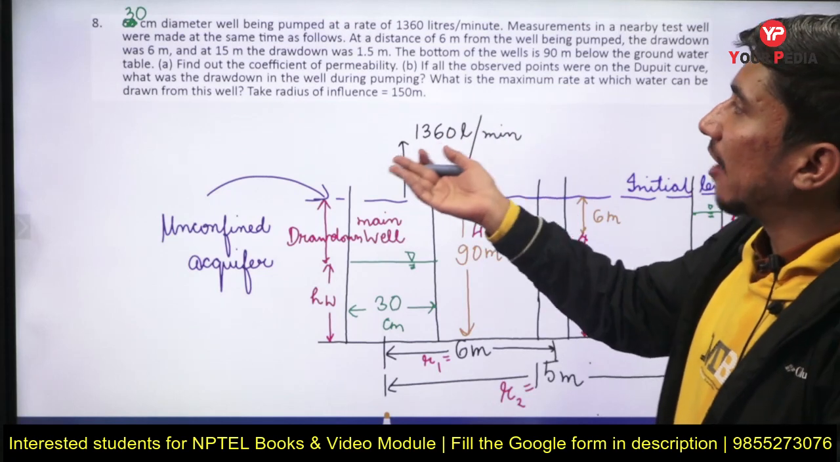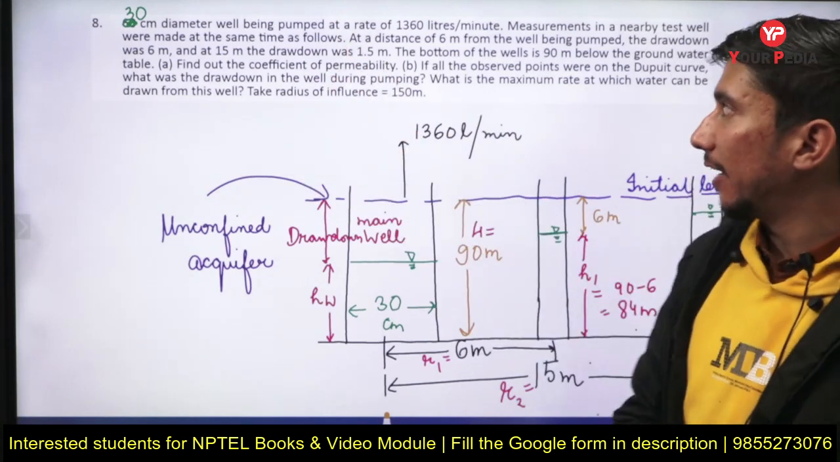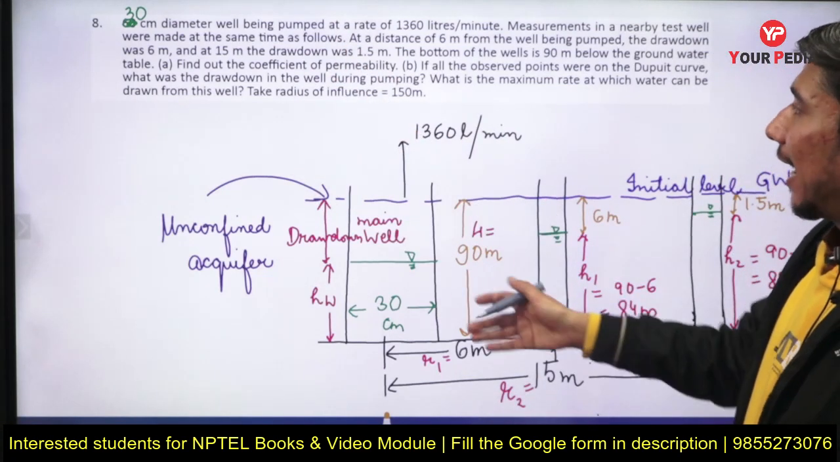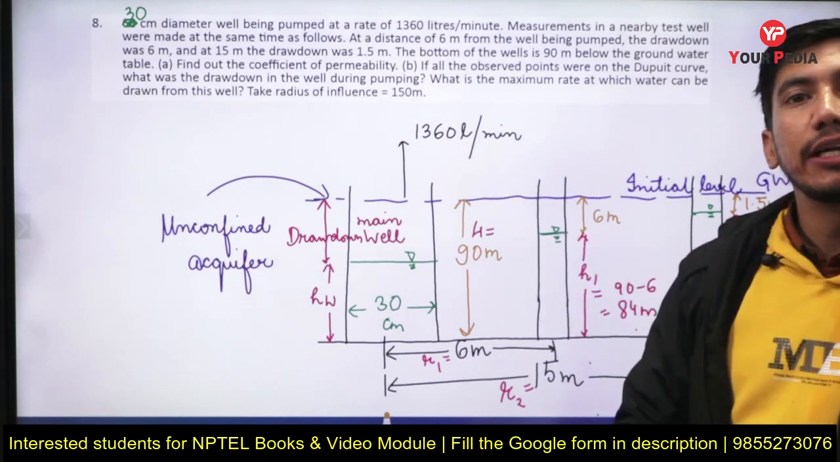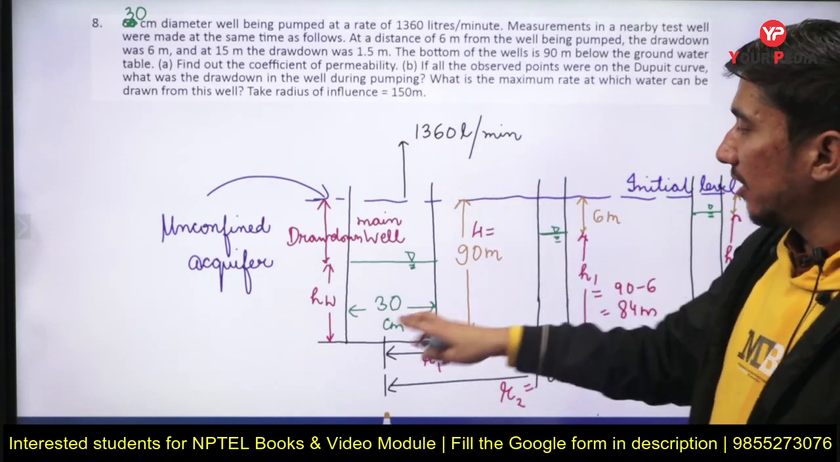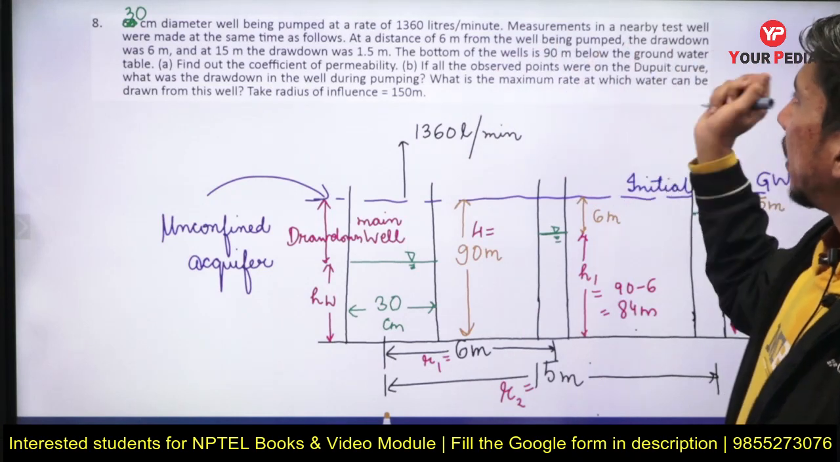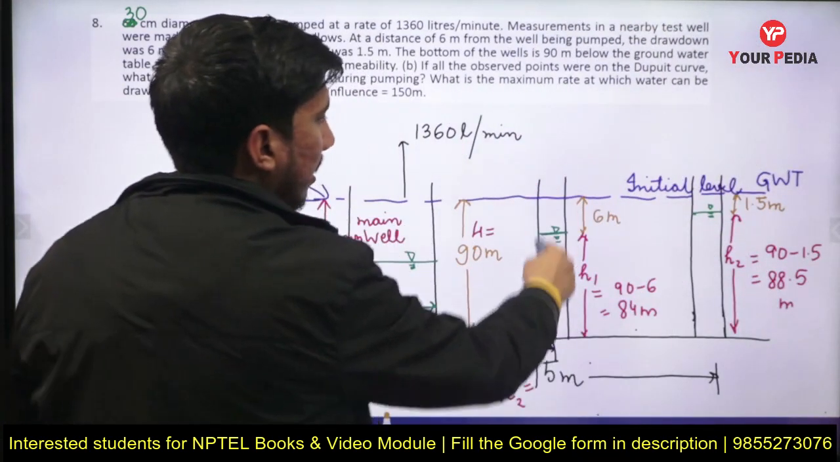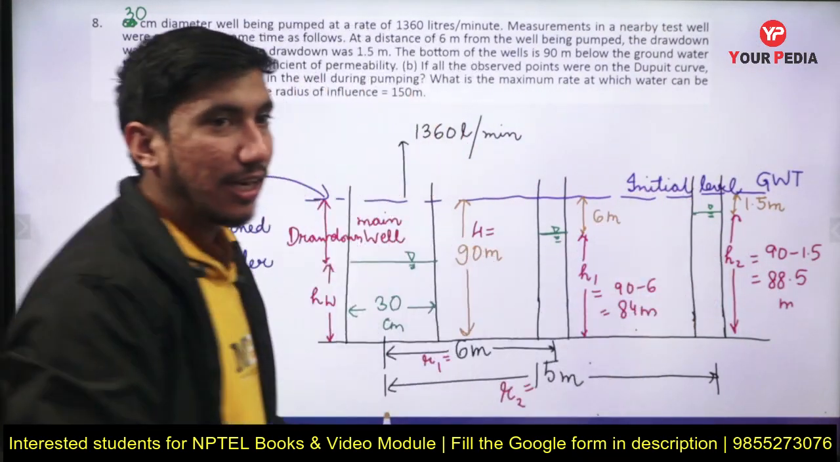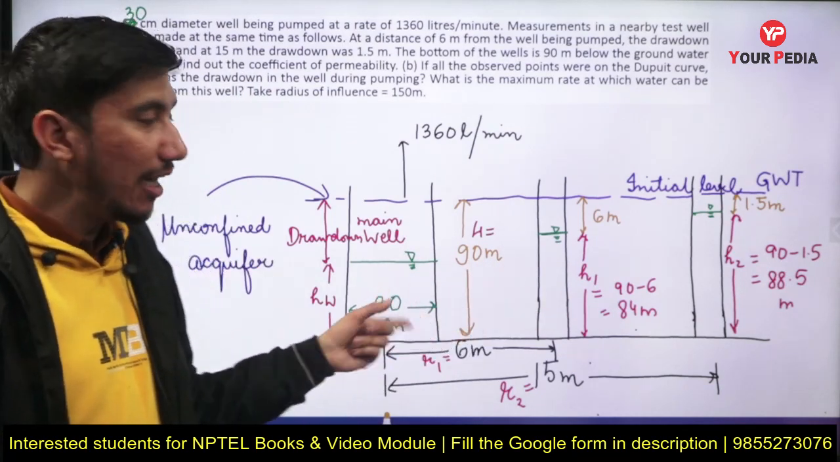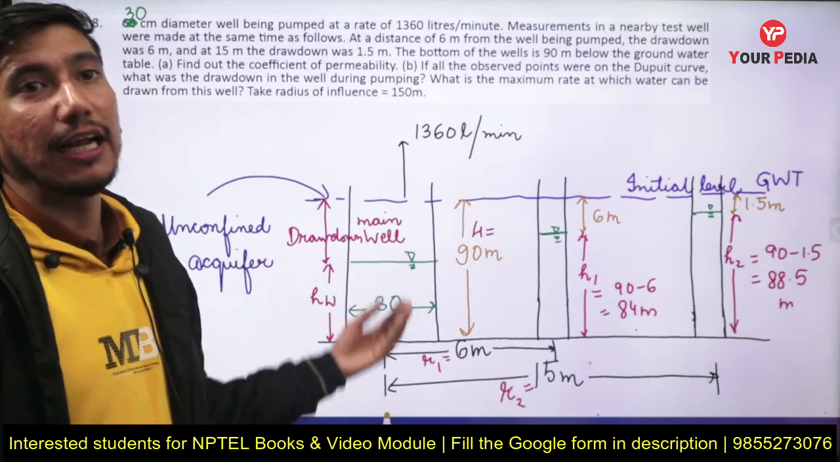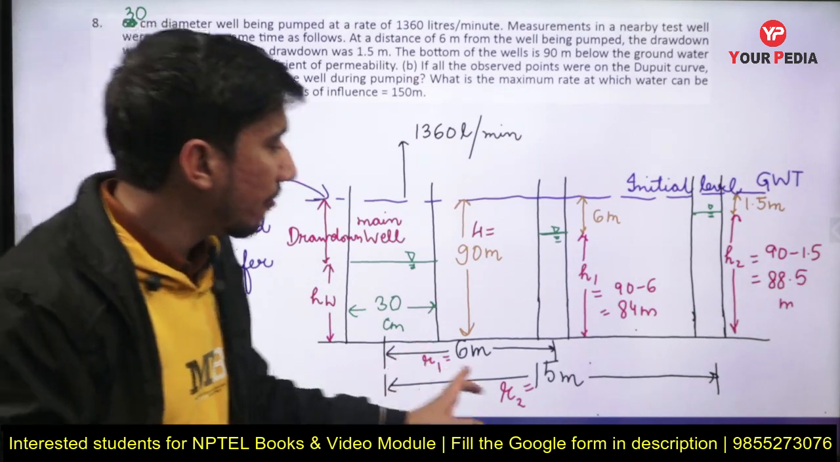So the question is, we have been given a 30 centimeter diameter well which is being pumped at a rate of 1360 liters per minute. Okay, this is our main well, this is its diameter. Measurement in the nearby test well. So these two are the test wells which are at some distance from the main well. It is at a distance of 6 meters and the second test well is at a distance of 15 meters